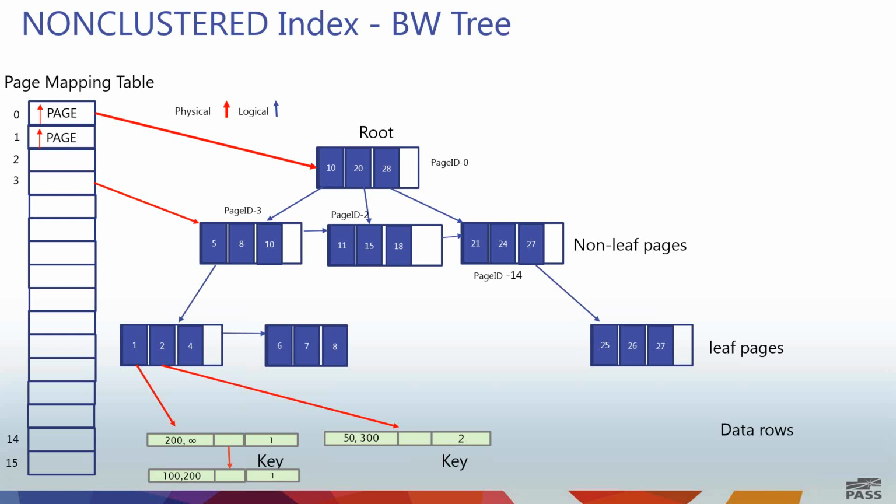Now the key differences between this and a B tree are, first off, this data structure is completely latch and lock free. So you never take a latch on any page if you need to modify it. Instead, you create a new version of the page. So we use also a form of versioning in this data structure.